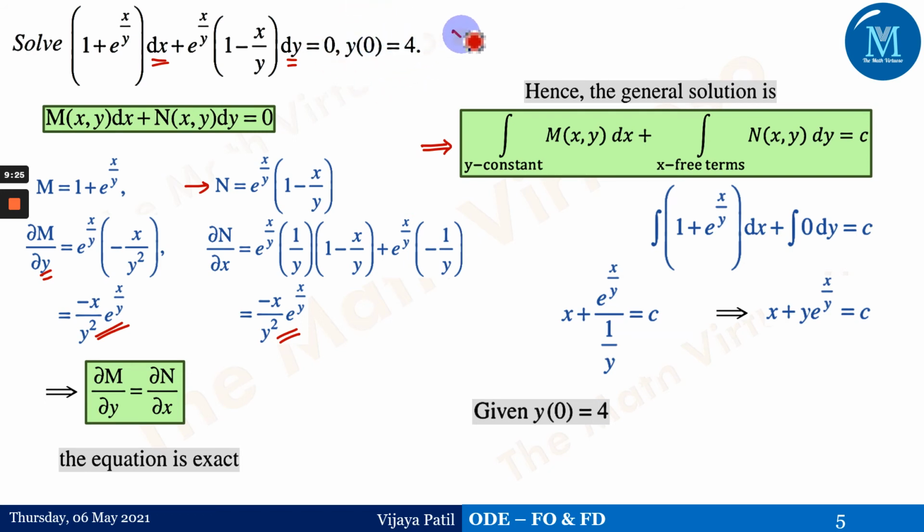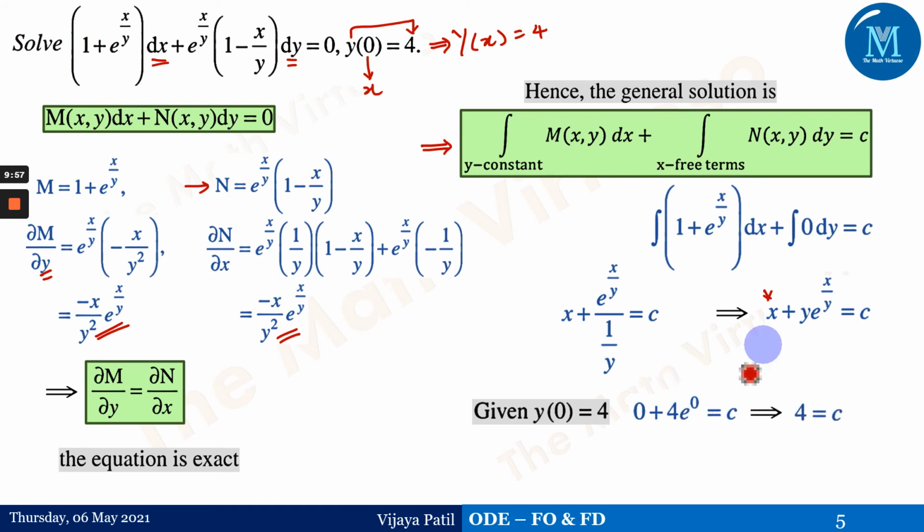The meaning is, you can rewrite this as y(x) = 4. That means the value of this 0 is nothing but x, so we have to put x = 0 and y = 4 here. That's the reason if you put x = 0 and y = 4 in this particular equation, we'll be getting this. So y(0) = 4 will be giving something like this.